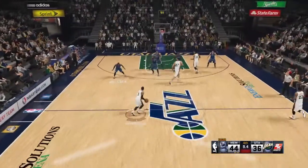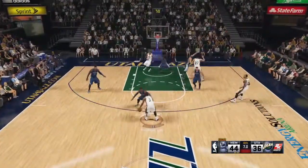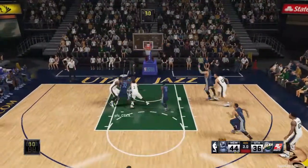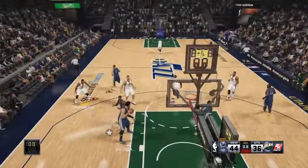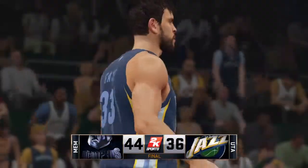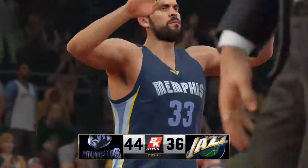Here's Millsap. Burke kicks to Johnson. The Jazz again can't hit it. So it's Memphis picking up the win. They pulled off this win, Clark, with respect